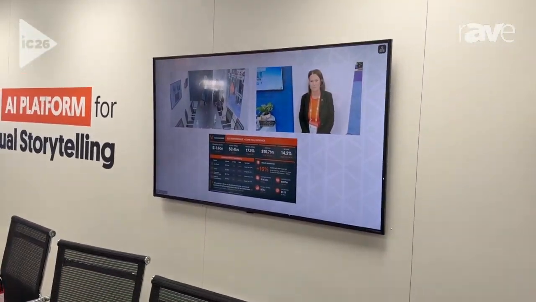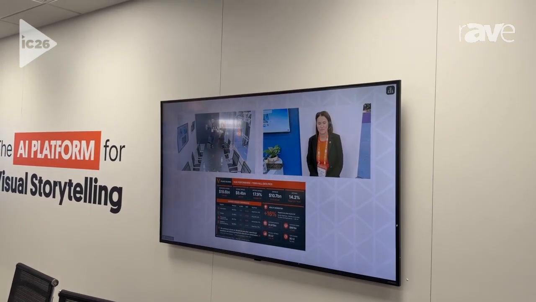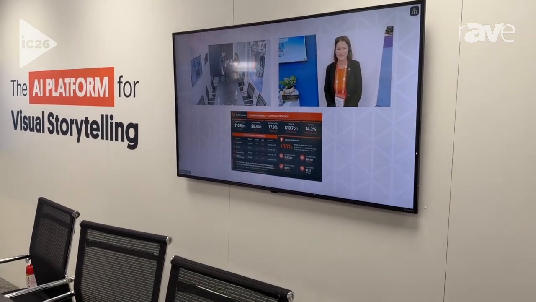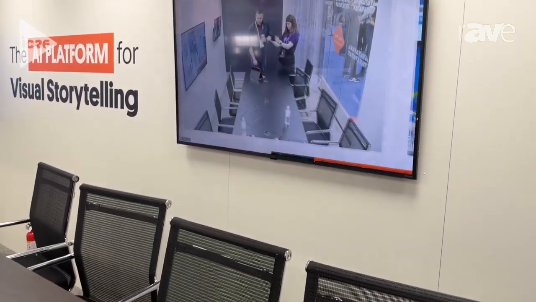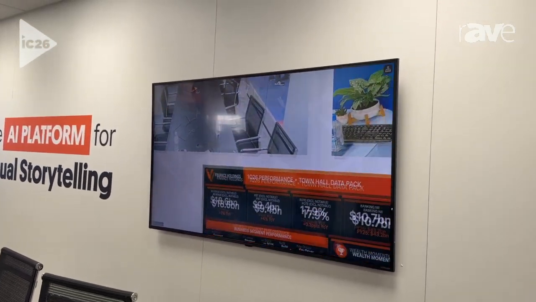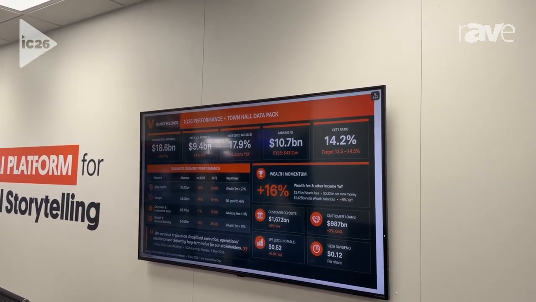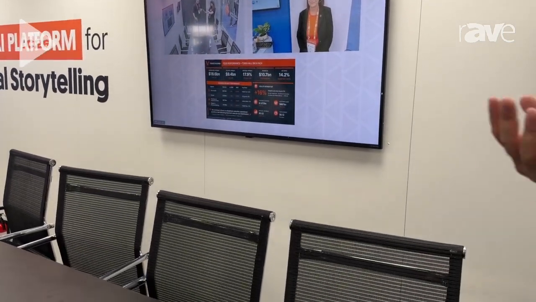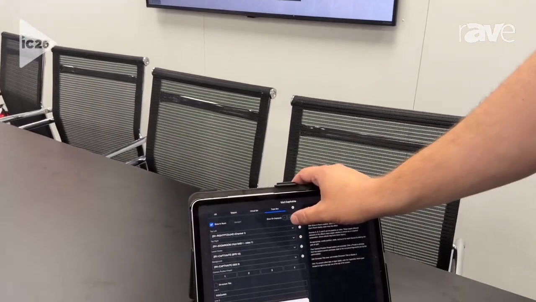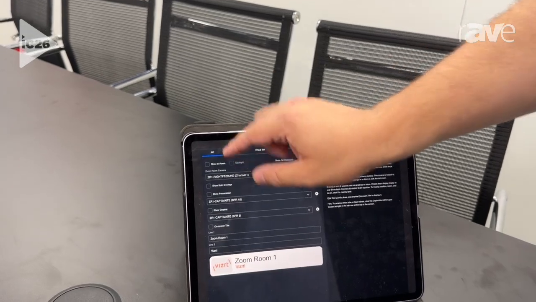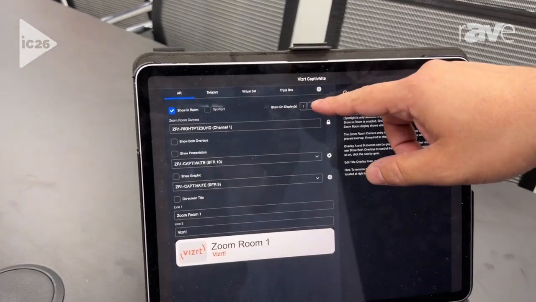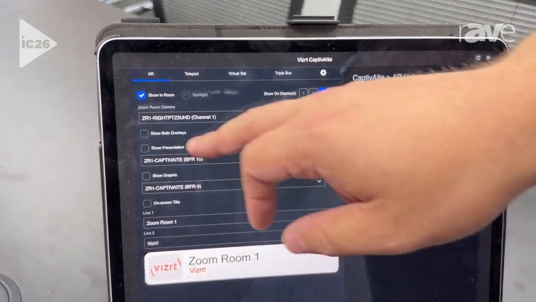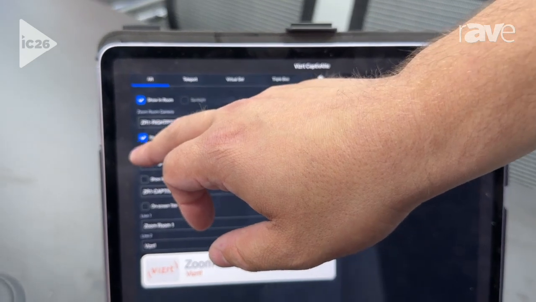So from here, we're able to keep multiple participants visually on screen at the same time and interactively zoom into the different sources to have a much more dynamic and clean presentation. Now, while this is maybe a little bit more visually interesting, it's not the most immersive tool in Vizrt CaptivAIte's toolbox. If we jump over to our AR set here,